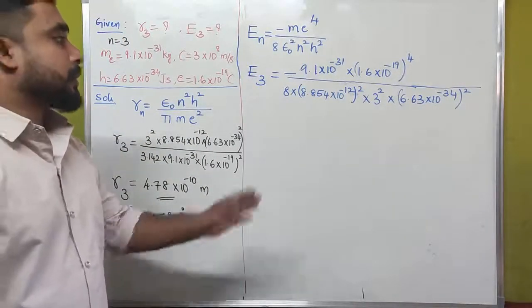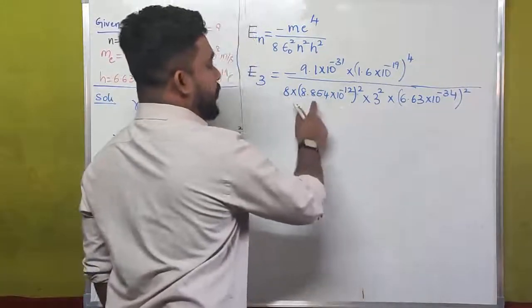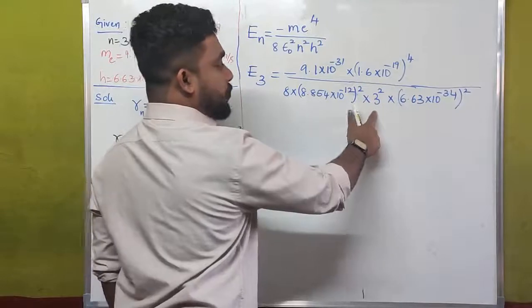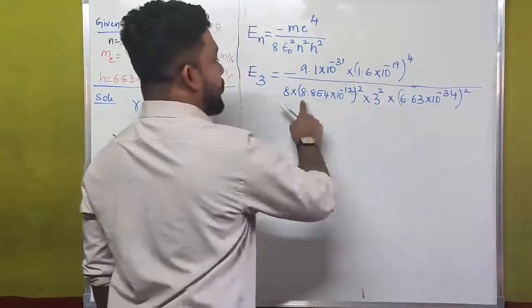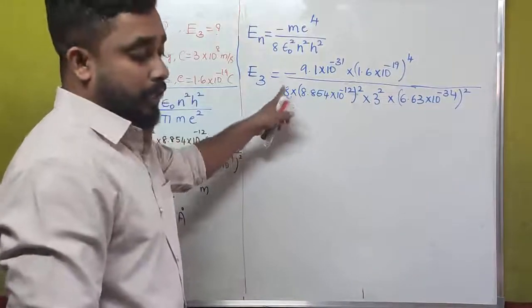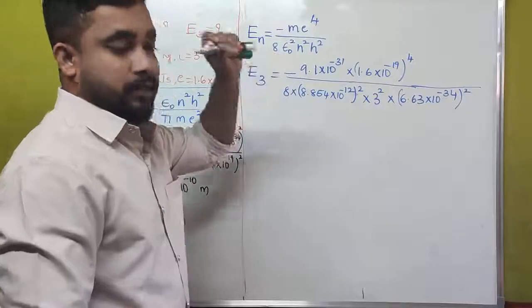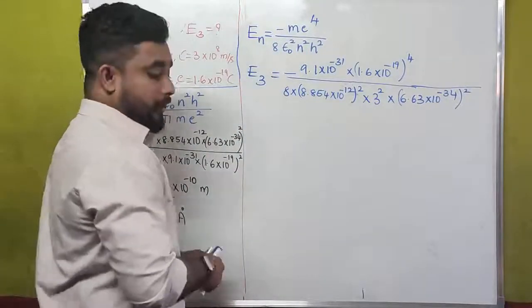Now we have to calculate these things: 6.63 twice, 8.854 twice, and 3 twice, that is 9, and 8. If we multiply all these things and divide the whole thing, what we will get here is